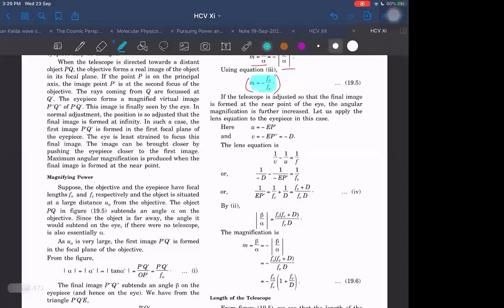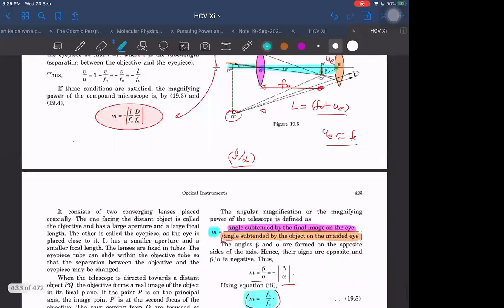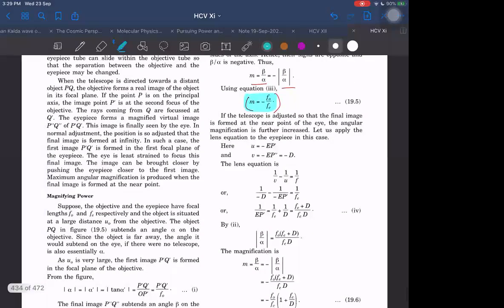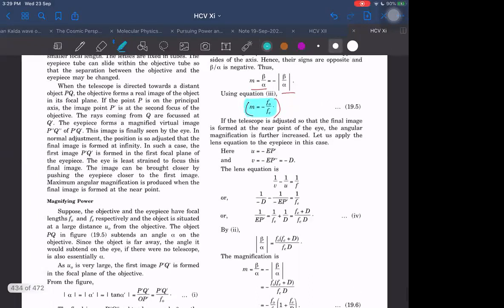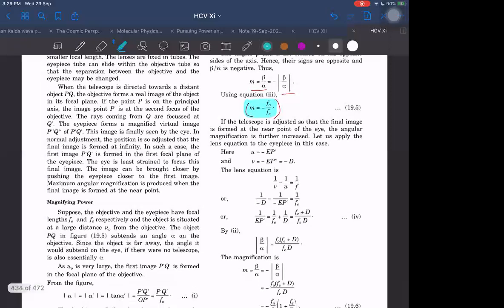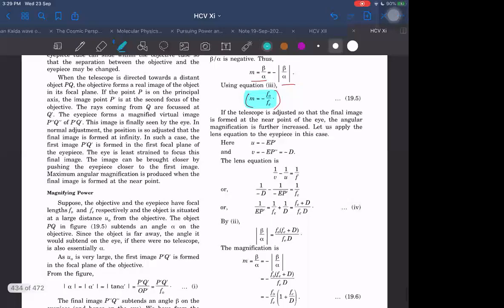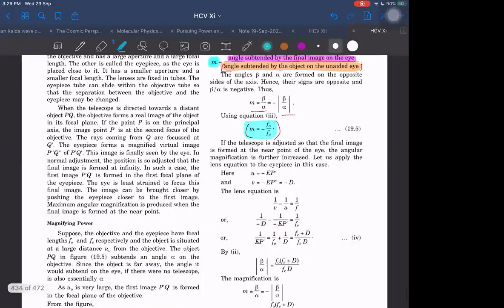We write minus again because of the same reason as before. It is finally inverted. That's why we write it as minus. Although for the terrestrial telescope, we will see later on, this one is astronomical, meaning we are seeing objects which are in the sky. If we are looking at objects which are on the earth, we call it a terrestrial telescope. Terrestrial telescopes should show erect images, so for that, the magnification will be positive only, not negative. So this is it, and what else is remaining in this? Let me check once.